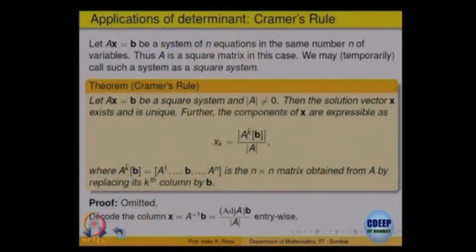because we have assumed that. Look at the matrix A, you are looking at the kth component of the solution, so look at the kth column, and replace that column by the vector b, which is on the right hand side of Ax equal to b. So, you get another matrix. That matrix is the numerator, the determinant of that divided by the determinant of A gives you the kth entry. So, in the given matrix, if you want to find the kth component of the solution, replace the kth column by the b, find the determinant. That is the Cramer's rule.